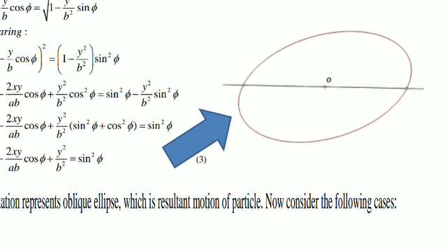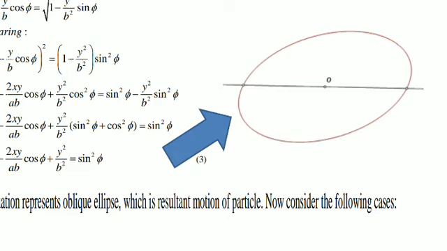Now this particular equation is equation number 3. This particular equation is obtained by solving these two equations. We had earlier equation for x and y. We solved it simultaneously and we arrive at this particular equation. Now this is nothing but the resultant displacement of the particle. When these two waves arrive at a point simultaneously, then the resultant displacement of that particular particle will be given by this particular equation. Now we have to see what this equation is telling us. What is the nature of this equation?